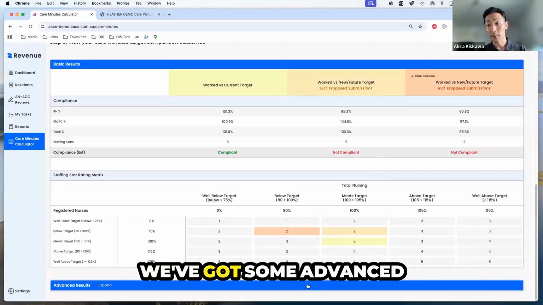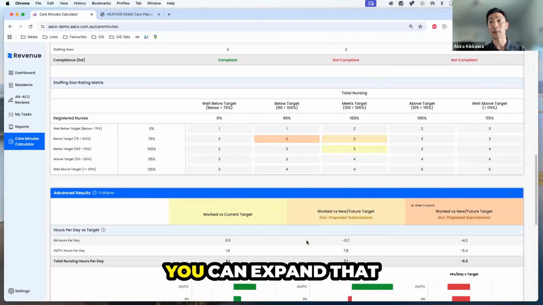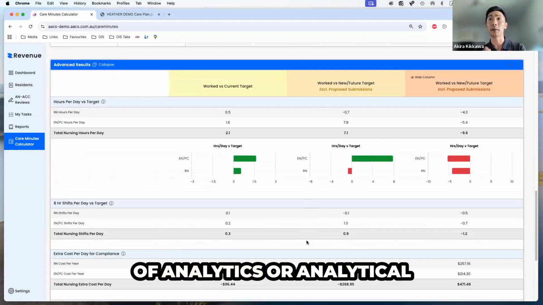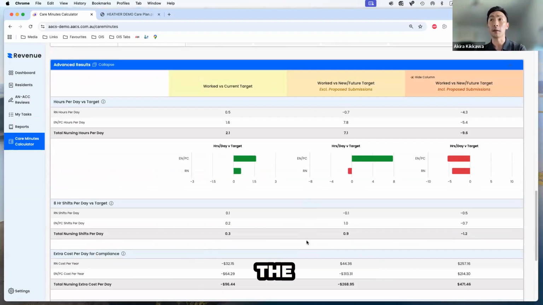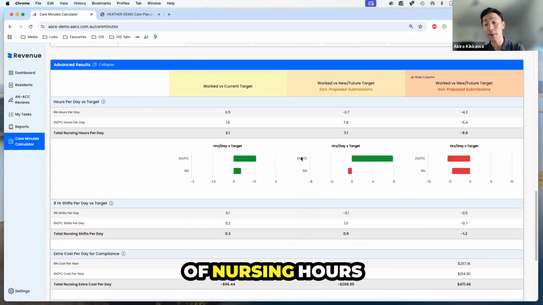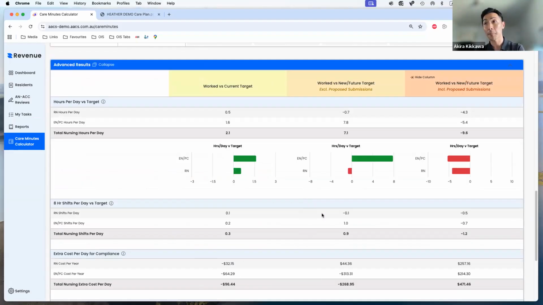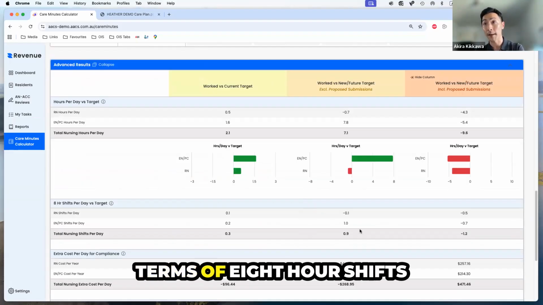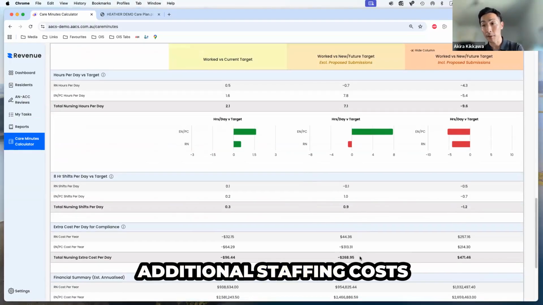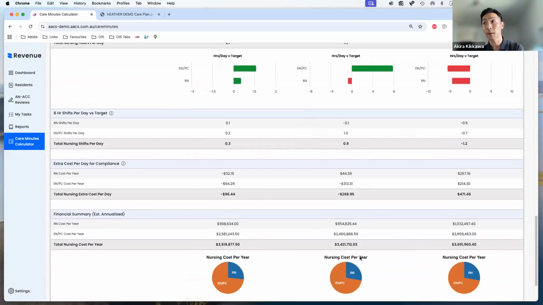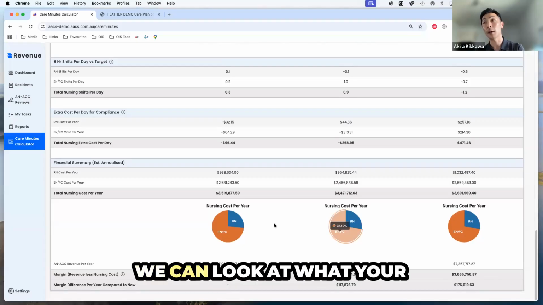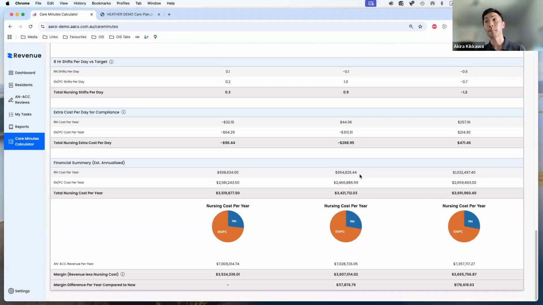Right down the bottom, we've got some advanced results. If you are interested, you can expand that to get some more analytical information about the difference to your care minutes target in terms of nursing hours per day, what that might mean in terms of 8-hour shifts per day, additional staffing costs per day, and the summary at the end, annualized,